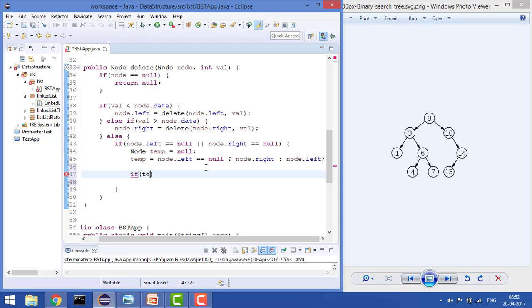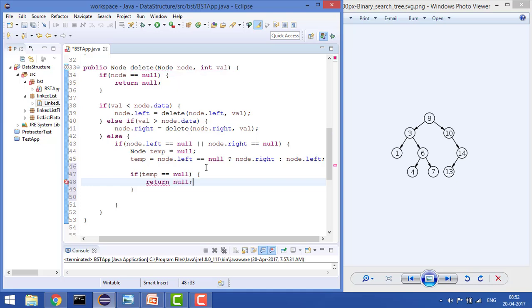If temp equals null, then return null. So what it would do, because this is a node of left, so this node is 3 and we recursively called the 1, so it will go here, it will come here, and both elements are null, so simply return null. That's what we want. So in this case it checks if both are null, if temp equals null, then return null, and if it is not null,